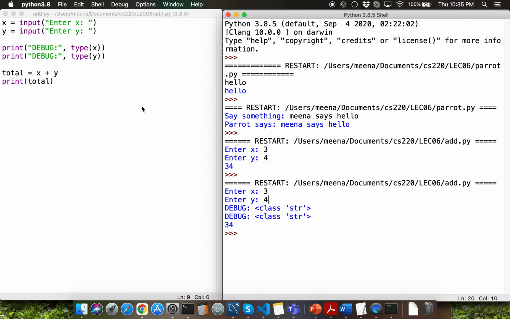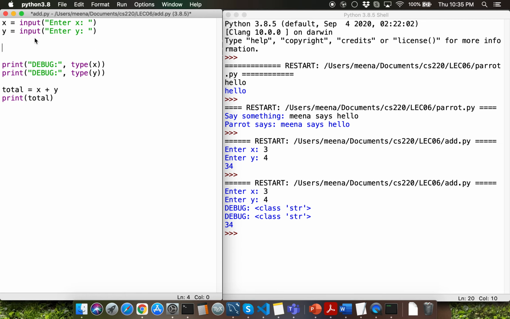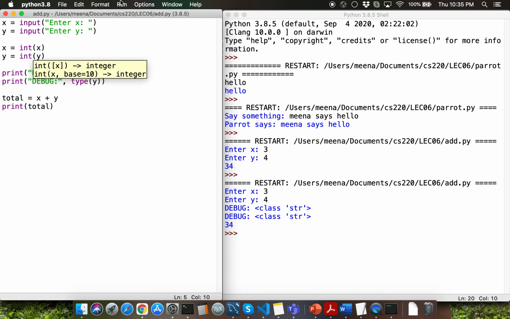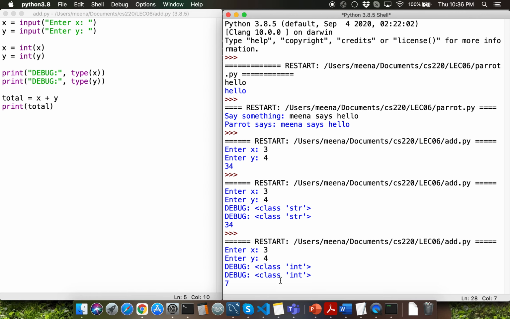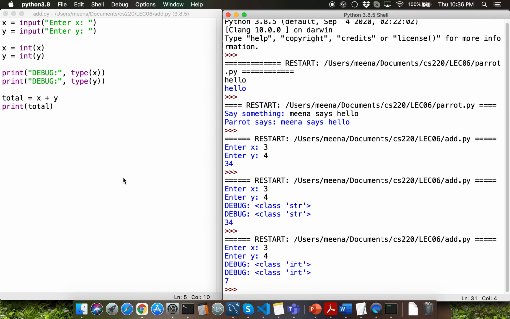It's very easy for you to typecast a variable in Python. I'm going to type in the type name, which is int, then open parenthesis, variable name, which is x, close parenthesis. You need to capture the return value into the same variable x so that we update the type inside the variable x. I'm going to repeat the same for the variable y. Let me save the program and run it one more time. This time you'll notice that we are getting the type as integer and the result as 7 for our computation.